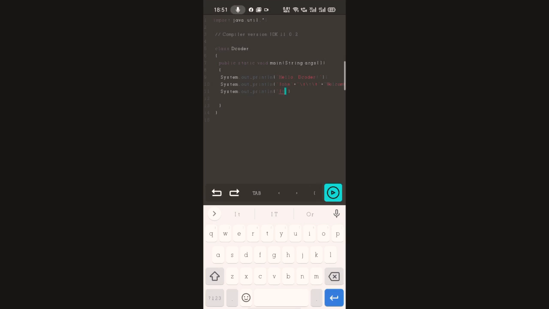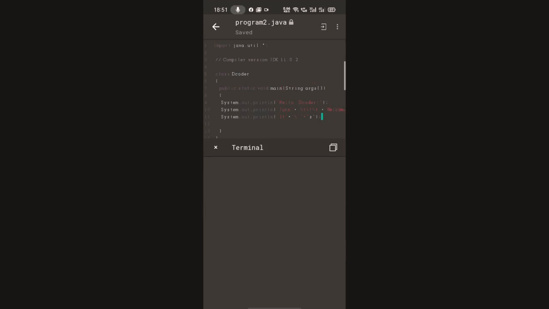After that I am giving the plus sign, again a double quote, backslash, then one double quote we have to give, then we are writing S. Let's see whether it is working or not. Can you see between it and S there is a double quote. This is how different kinds of escape sequences work.